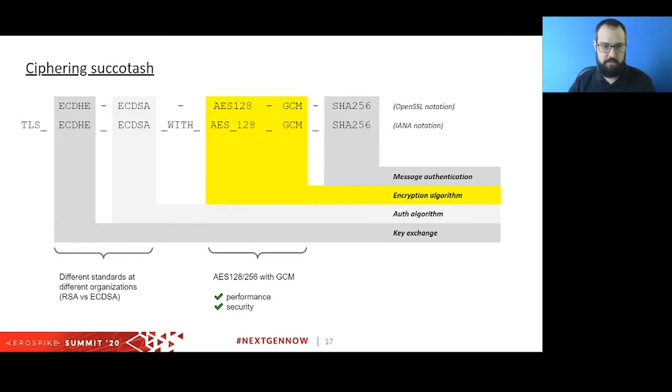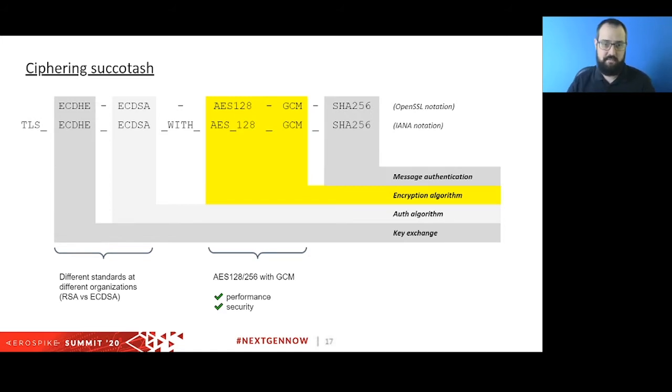I won't spend too much time on this today, but there are two things that I want to point out from an Aerospike perspective. First, unlike an internet-facing application, many Aerospike deployments are done in environments where the organization is in control of both the client and the server. So that means that compatibility with public clients like web browsers is not a factor, and the list of allowed ciphers can really be honed in to just those more current algorithms which provide the best security and the best